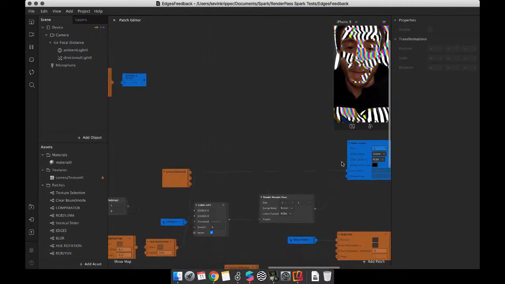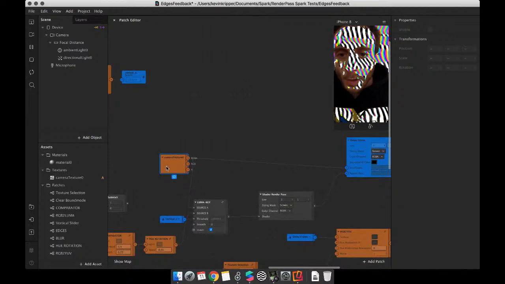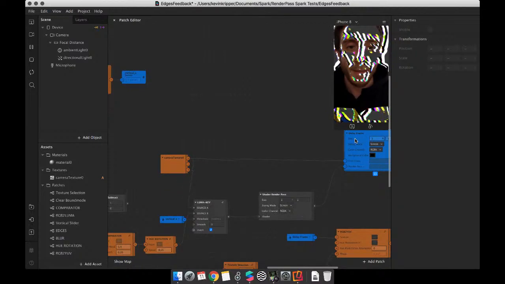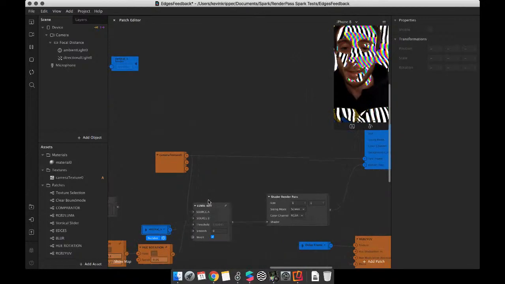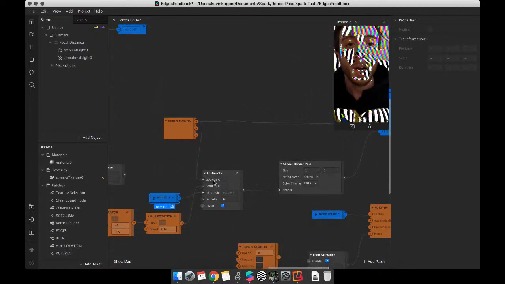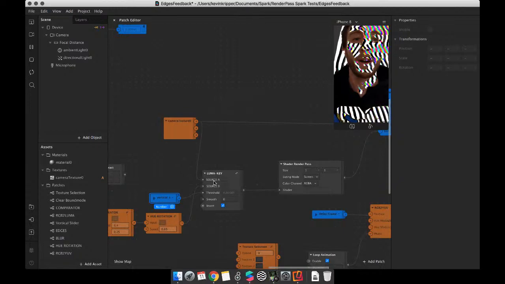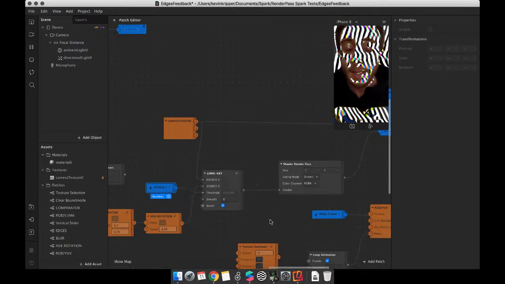So let's see what's happening here. I have my camera texture going to the delay frame, and then the original texture is going to the source A of my Luma key, which means that's the image I'm going to start cutting the dark or brighter pixels from and replace them with